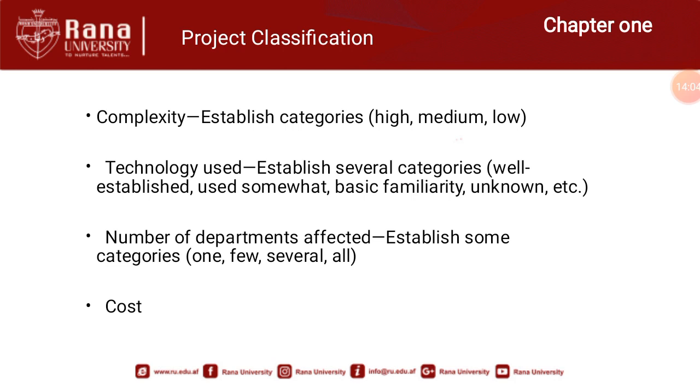The second characteristic by which organizations can categorize their projects is on the basis of the number of departments affected, where you have to establish some sort of category or level. For example, one department is affected, few, several, or all. For example, if an organization is going for restructuring